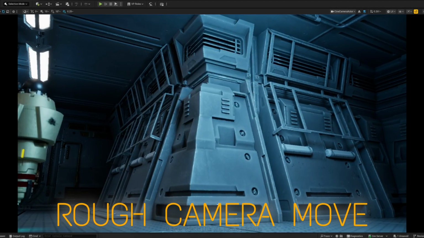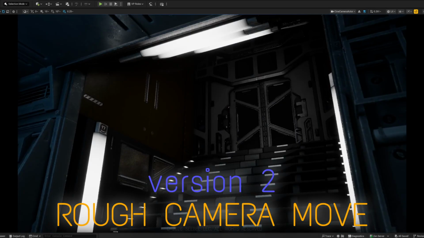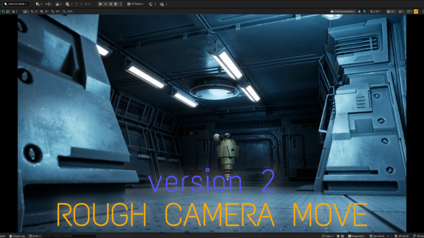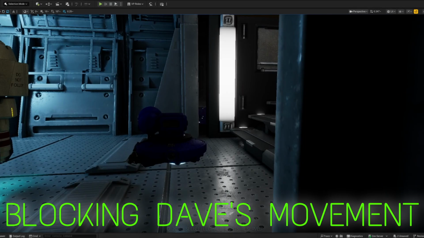So for Amy, she has a little bit of wobble as she comes down the stairs. I'll bring that out a little bit more. At this stage, really, I'm just blocking the movements. It's really important just to kind of get a sense of what each character is doing in relation to the